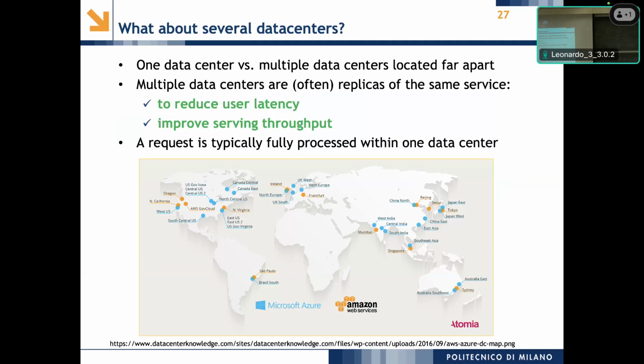Then what you do, you try to co-locate your applications close to the users, right? If you have an e-commerce site, that's exactly what Amazon does. You would like to have a location in Asia, a location in Europe, a location in the US, because we have different time zones also, right? Now it is almost 2 p.m., it is 8 a.m. in New York, and 8 p.m. in China, for example.